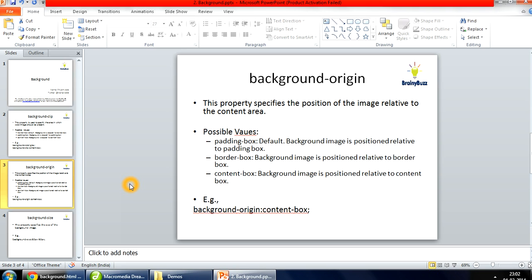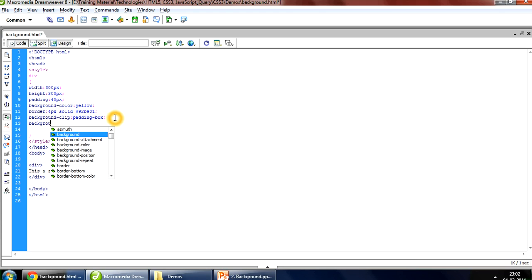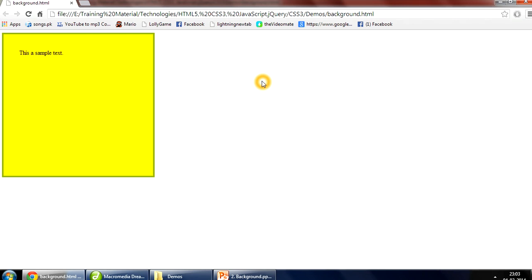So after that we have the background origin. Background origin is basically used to specify the position of the image relative to the content area. So first let's put an image. We can take normal border dot png for this, save it and refresh it.